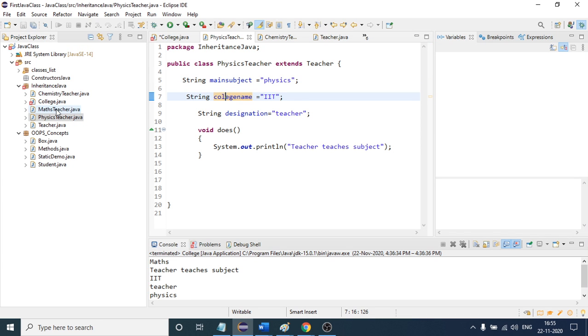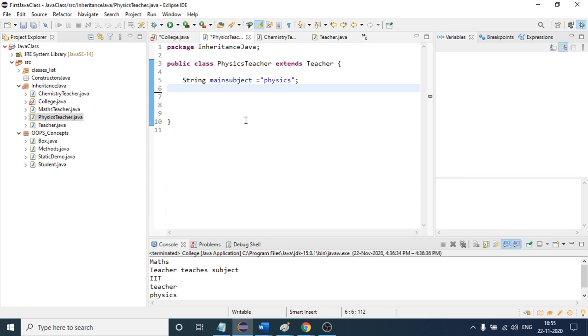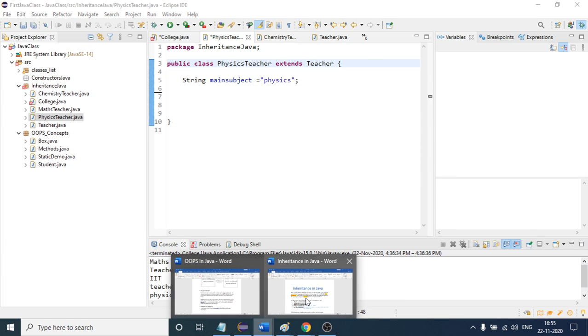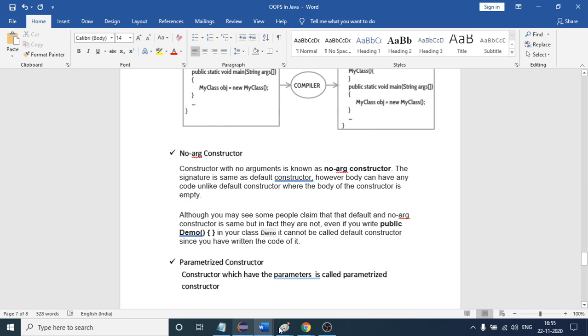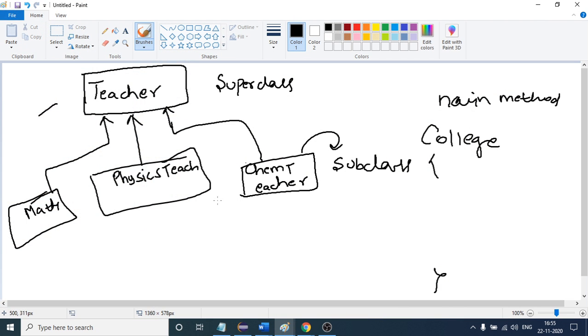So what is this child class field? Which is nothing but this one. If I remove this, you are not able to access this. So if you create the object of the child class, which is nothing but our subclass, if you create the object of this one, these are nothing but our subclass. Whatever data is available here and whatever data is available here, you will be able to access